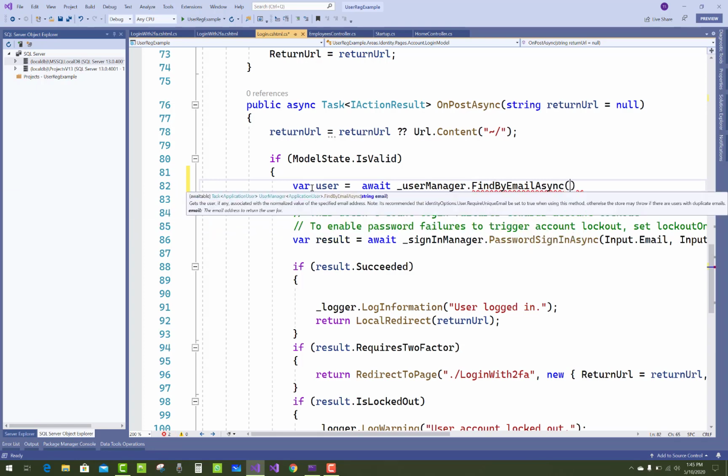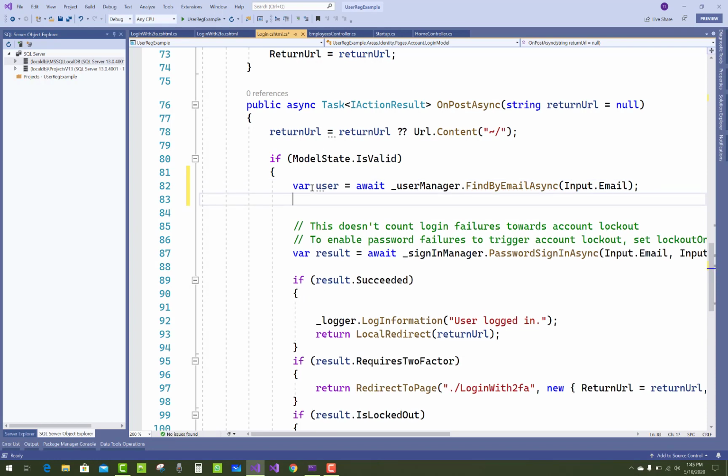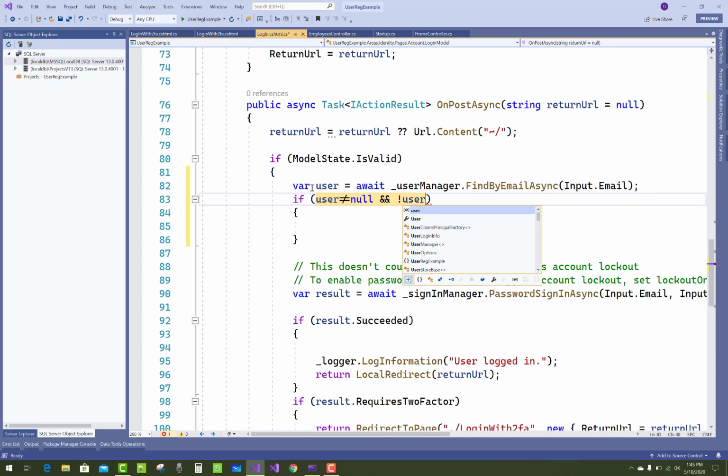where user equals await userManager.FindByEmailAsync, so the email is Input.Email, and if you set if user is not equal to null, as well as user.EmailConfirmed, user is not equal to null, and also with the logical and user.EmailConfirmed.